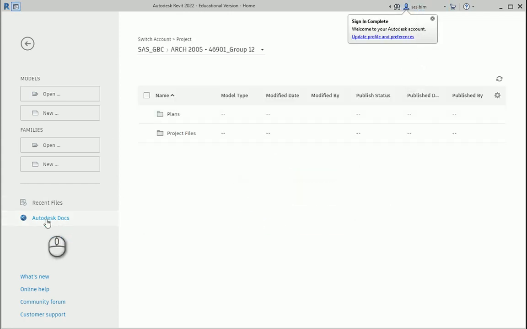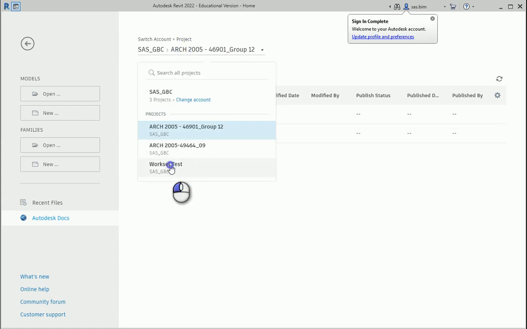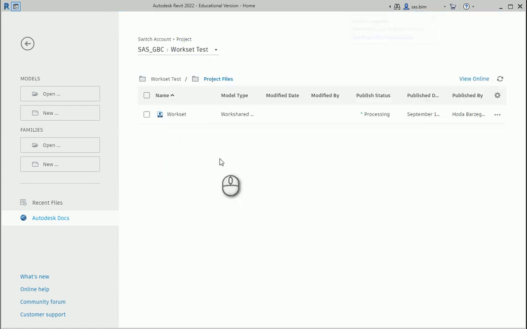So now it's the other user. Under Autodesk Docs, I can go to the workset test folder, and you see there is some update available by the first user, so I can publish the latest. Now that it's updated, I can open the file.